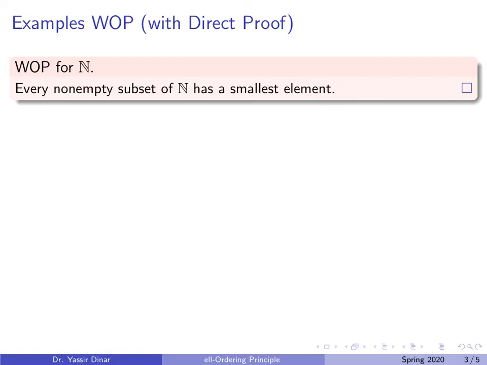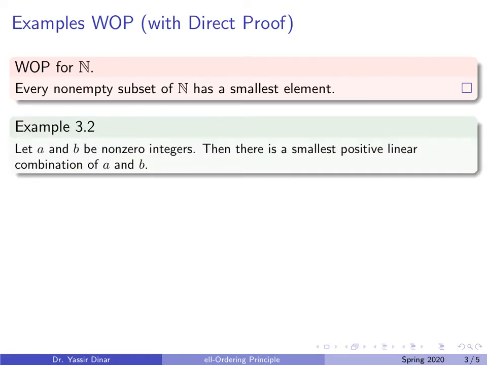And that's why I just need two conditions here. So if S is a subset of natural numbers, I need only to check that S is non-empty. Then, by the well-ordering principle, we will have the smallest element. Let's use this in this example. So we are going to use the well-ordering principle